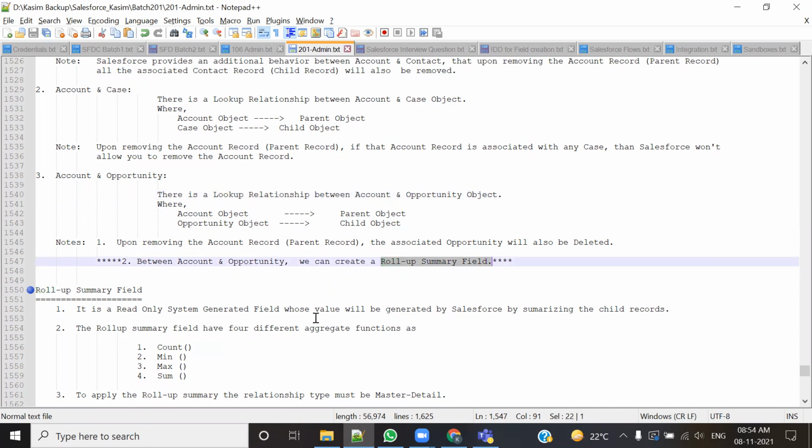Apart from this, between account and opportunity को छोड़कर, चाहे आप कहीं पर भी try कर लो, you have to create it on the master detail only. If the relationship is master detail, then only you could create a roll-up summary. Roll-up summaries are always created on the master detail. लुकअप में कहीं पर भी क्रिएट नहीं हो सकती सिवाय एक रिलेशनशिप की, और वो है अकाउंट एंड अपॉर्चुनिटी। सो बिटवीन अकाउंट एंड अपॉर्चुनिटी इज द ओनली लुकअप रिलेशनशिप, जहां पर आप क्रिएट कर सकते हो रोल-अप समरी। इसके अलावा आप कहीं नहीं क्रिएट कर सकते।